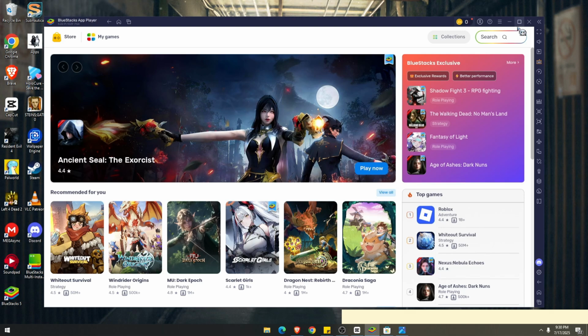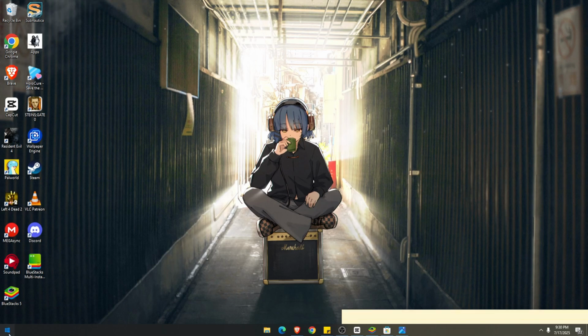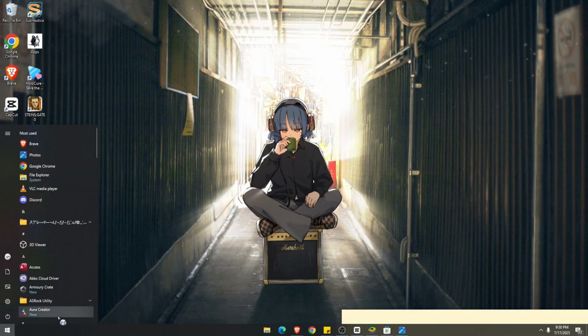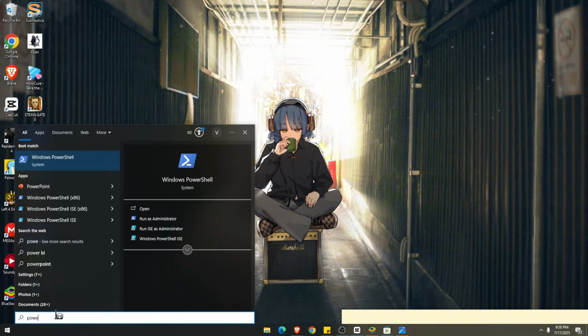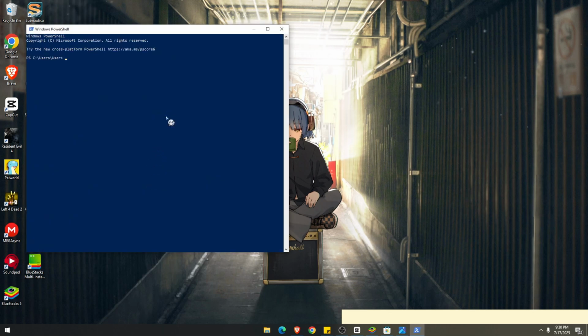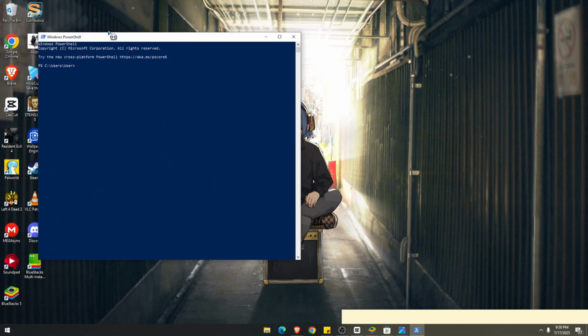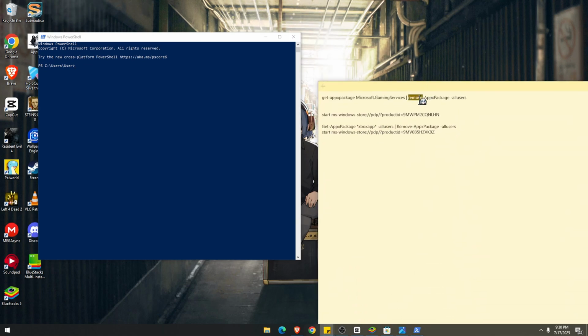So let's begin. First, go to your Start button on Windows, click or search on PowerShell, Windows PowerShell. Choose that and it will show the terminal. It's going to be colored blue. You need to copy paste this code over there and then click enter